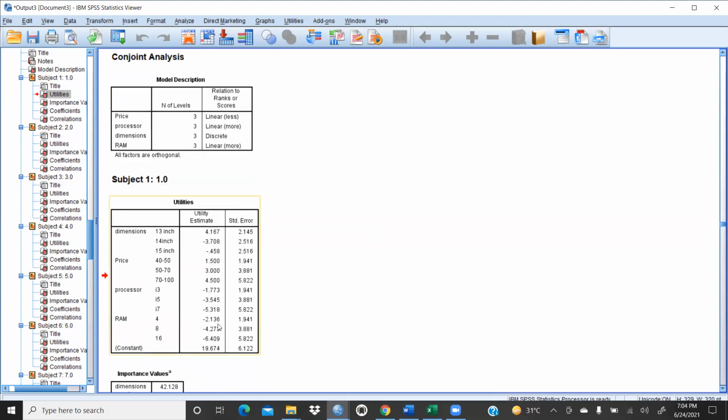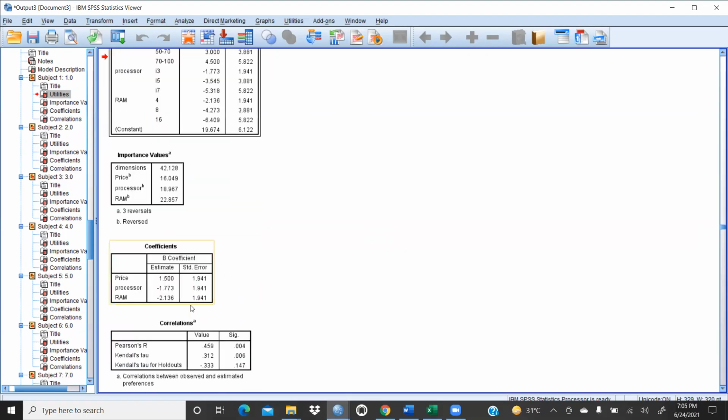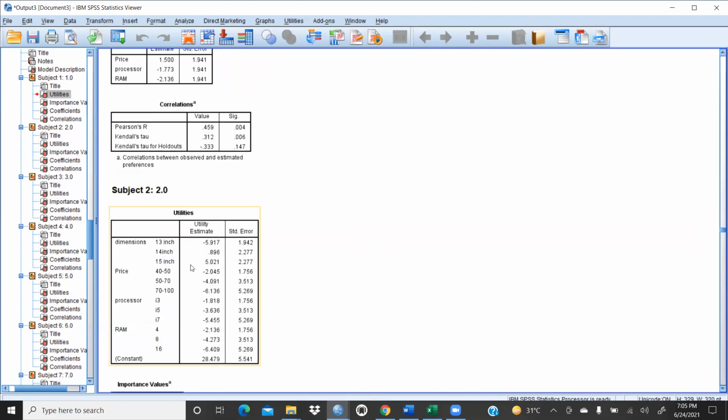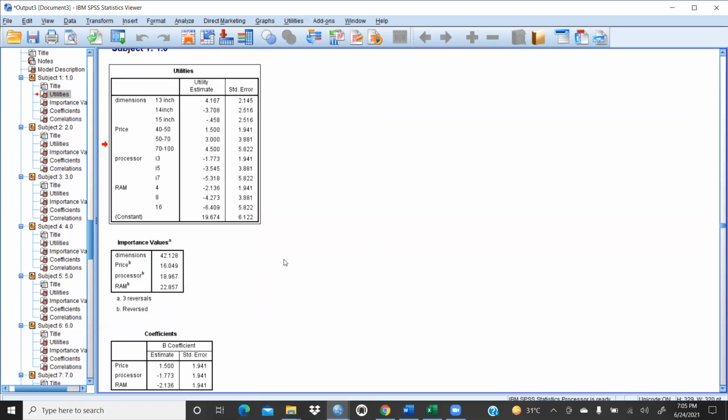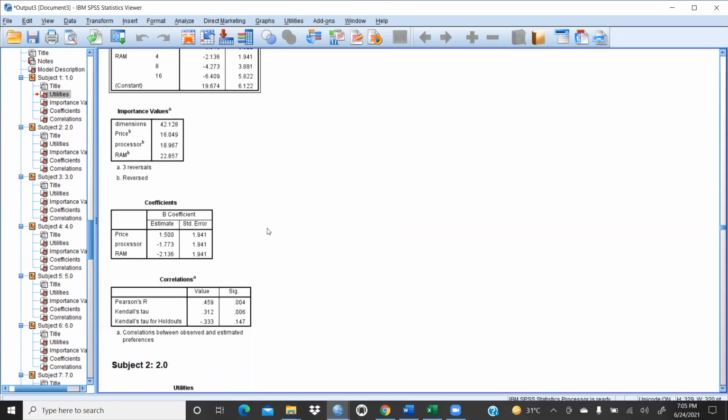Here you could see, in the case of subject 1, it means first respondent only analysis. This one is the first respondent. In that way, this is the first respondent analysis. This respondent prefers dimension at the highest point and price is lesser. But in the second